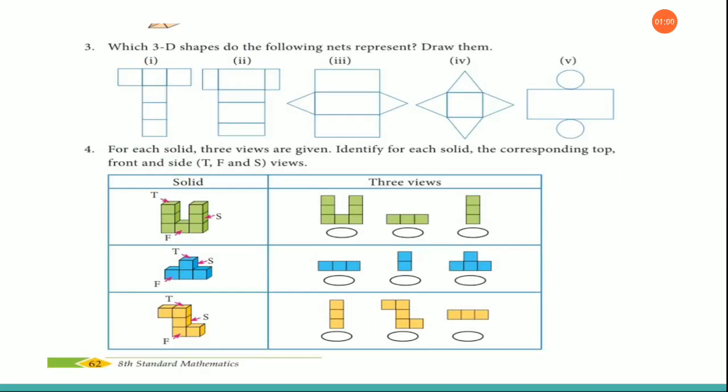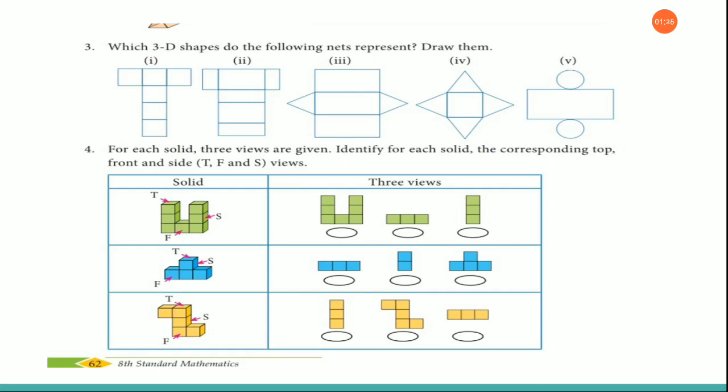Now the third one, you are going to do it as an activity. Instead of drawing, I want you to draw this on a paper and then cut that paper, and you are going to fold and make it into shapes. So altogether 5 shapes you are going to draw on a paper and then cut. And when you are folding, whatever shape you arrive at the end, take a picture and send me.